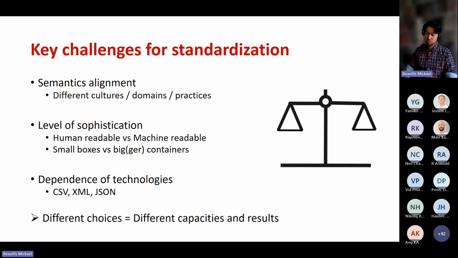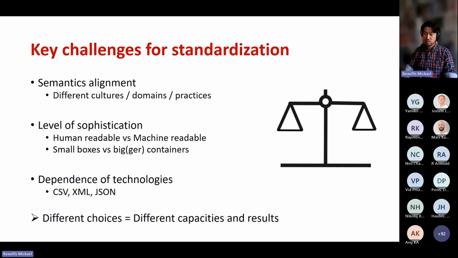You can standardize everything, so you will have small boxes. This has some advantages, but also some drawbacks. Or you can have another option, bigger containers, things that are standardized as a whole but with capacity to be more flexible inside. So these are things that should be balanced.